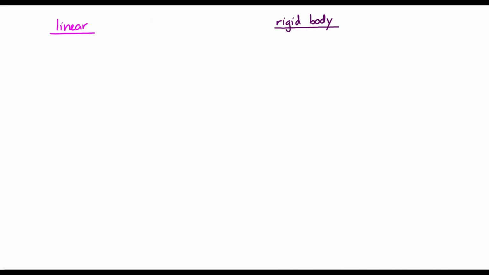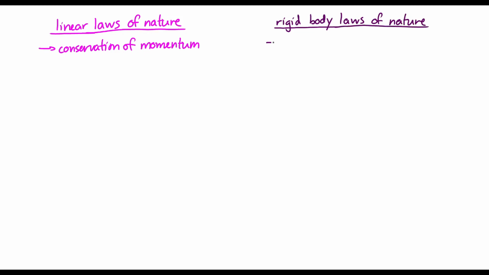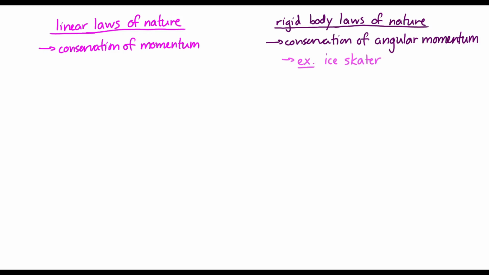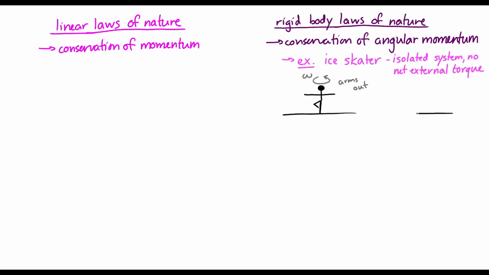And just as there are corresponding equations in linear and rotational motion, there are also corresponding laws of nature. So before we had conservation of momentum, now we can have conservation of angular momentum. One famous example of this is the ice skater. So if we have an isolated ice skater, meaning there are no net external torques on this ice skater, and the ice skater has her arms out and she's rotating, if she brings her arms in,